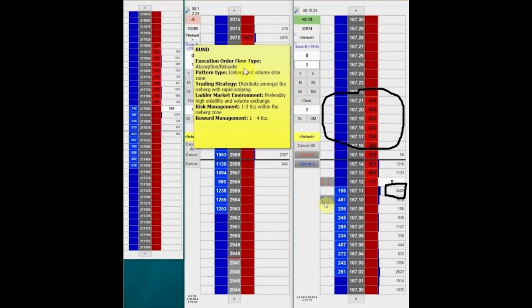So you have this matrix in your head on how to really develop your ability to read the price ladder. So then the pattern type is iceberg and volume slice zone. So what we're trying to see, in this area, is there a seller that keeps on reloading the offer? And when we observe that potential seller that's reloading the offer, what type of trading strategy do we want to deploy? And the trading strategy that we want to deploy is we want to distribute amongst the iceberg and rapid